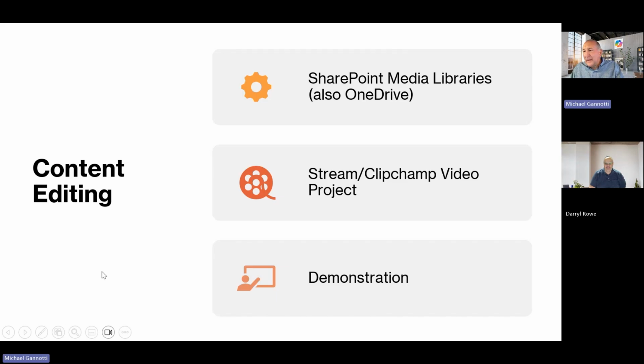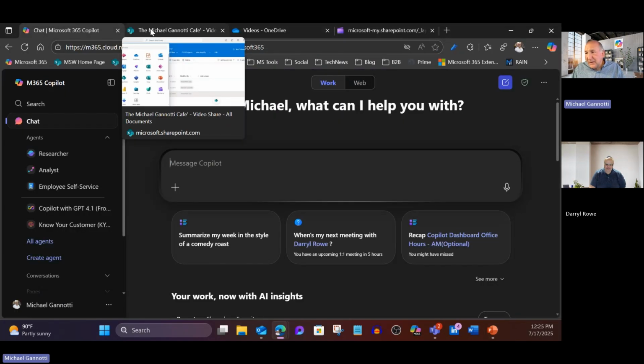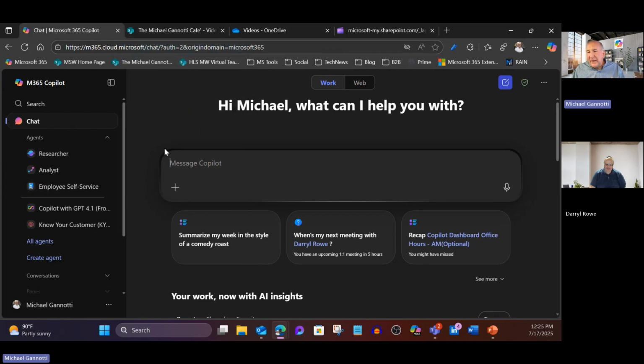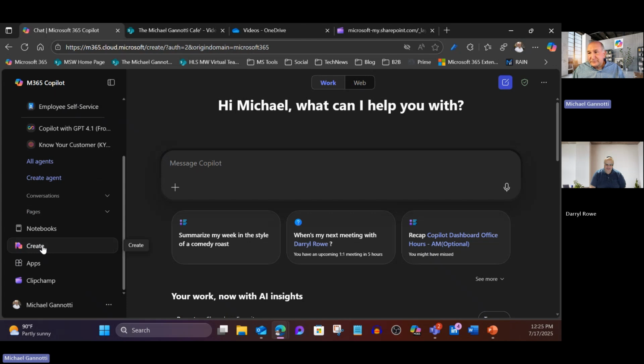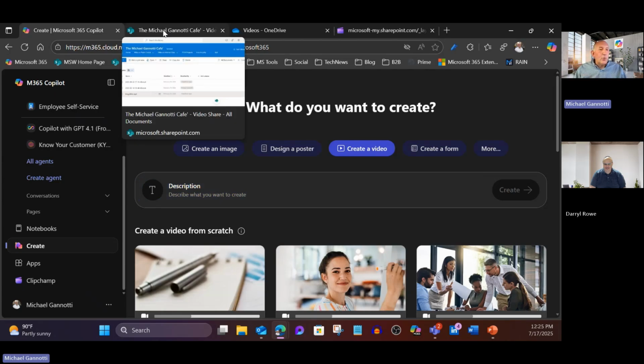So let me get out of there, and I'm actually going to start over here. So I mentioned, here's the chat interface, and we saw last week I can come in, click create, and we can start to make video content right here. But once you have content and you want to do some work with it, whether it's a Teams meeting, right? Because we edit Teams meetings. This is a meeting, and it'll be edited. There's a couple of ways that we can seamlessly get at that content. So I'm going to open up